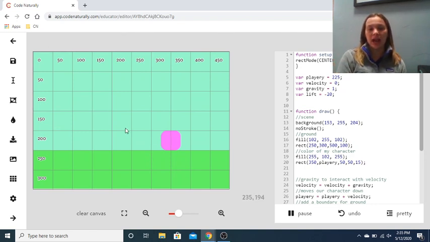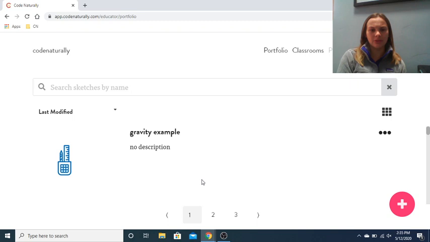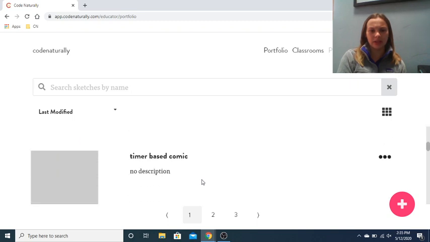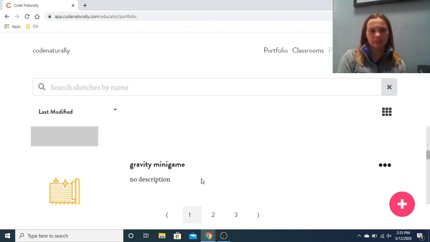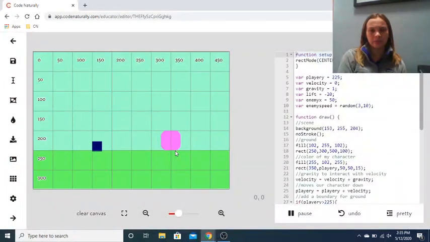A few things that you can add on are that you can make an enemy that comes from the side, which a few people stuck around for last time, I believe. Let's find it. Gravity minigame. So right now I have a character, and I made it so that if the character got too close, then basically the game would end. You can make this a lot more